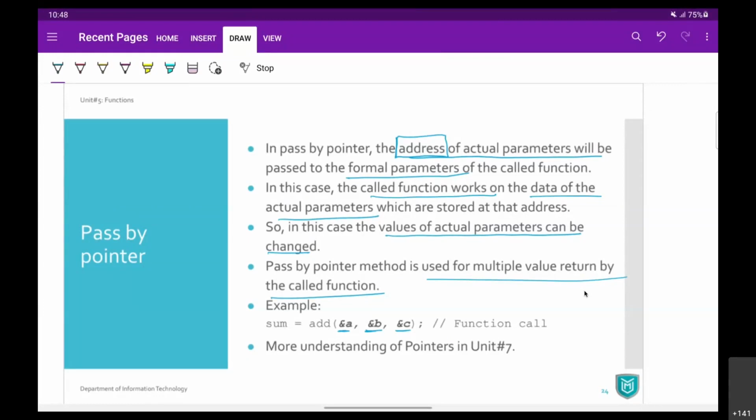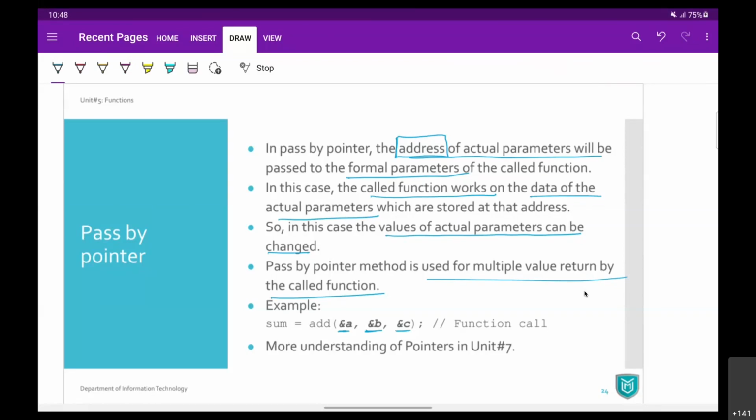You can catch a small ball with a single hand, but if you want to catch a larger ball, you'll require both hands. So something like that. अगर आप वैल्यू से सेंड करते हो तो सामने नॉर्मल वेरिएबल चलेगा, लेकिन अगर आप एड्रेस सेंड करते हो तो सामने पॉइंटर वेरिएबल चाहिए. Now, what are the pointer variables?